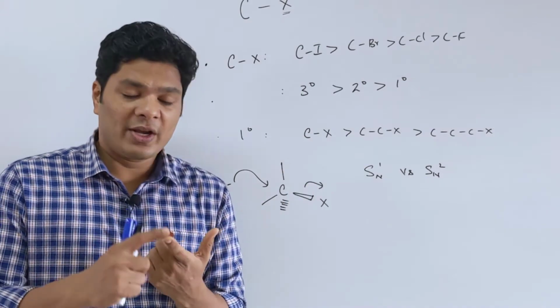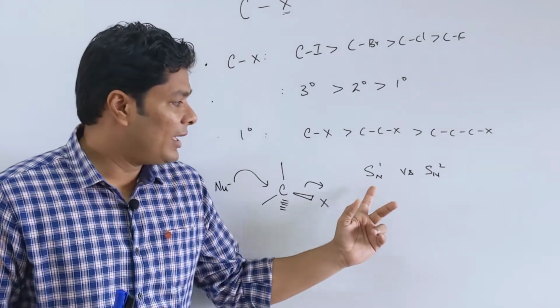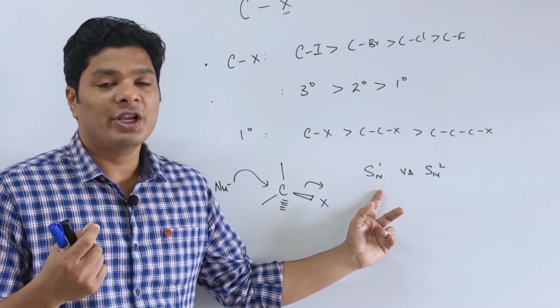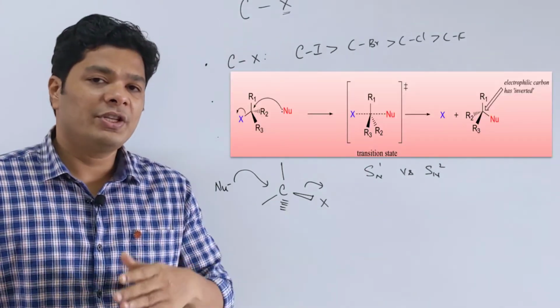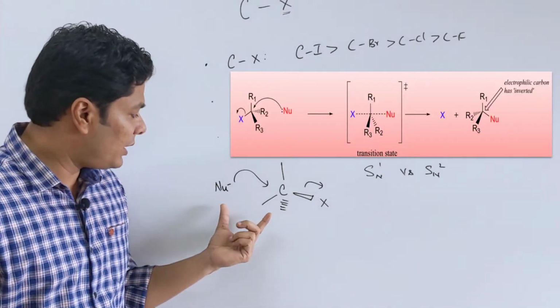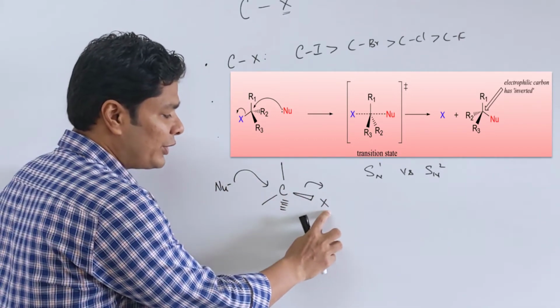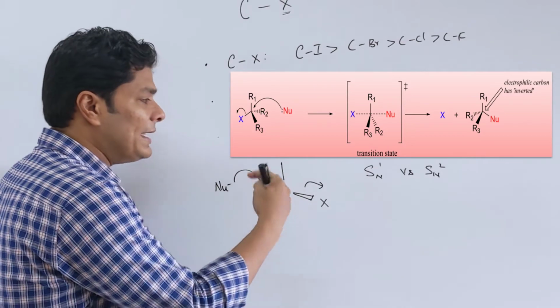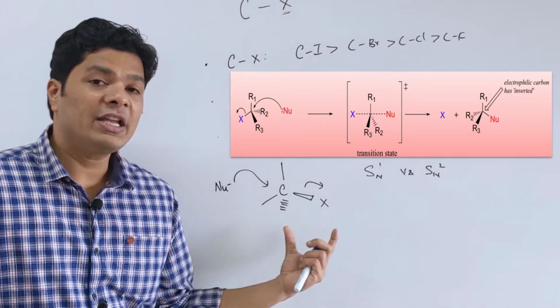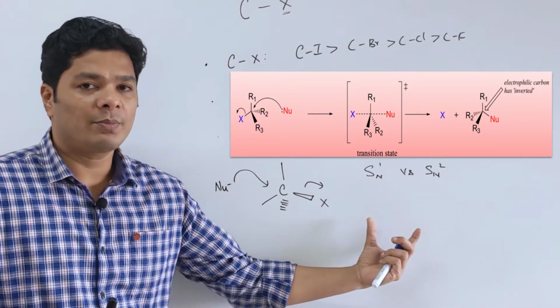Now, needless to say, your allylic and benzylic are always going to be SN1 because they give very stable carbocation. We have seen this before, just a quick refresher. If it undergoes SN2 reaction, the nucleophile attacks at the same time the X is going to leave. So I am attacking on the opposite side. The final configuration that you are going to have is inversion of configuration completely 100%.